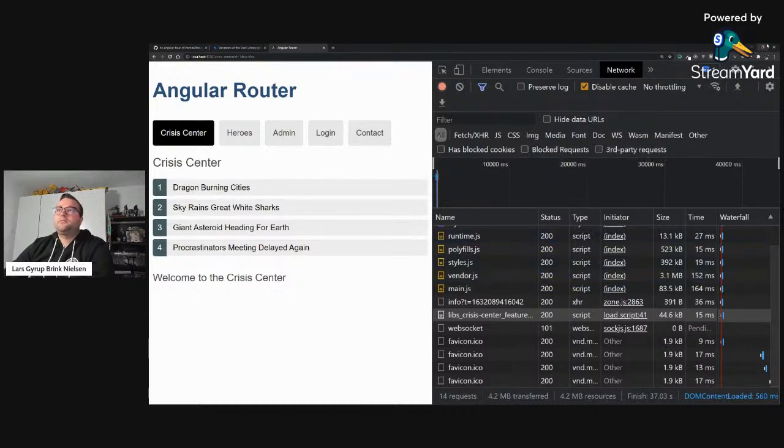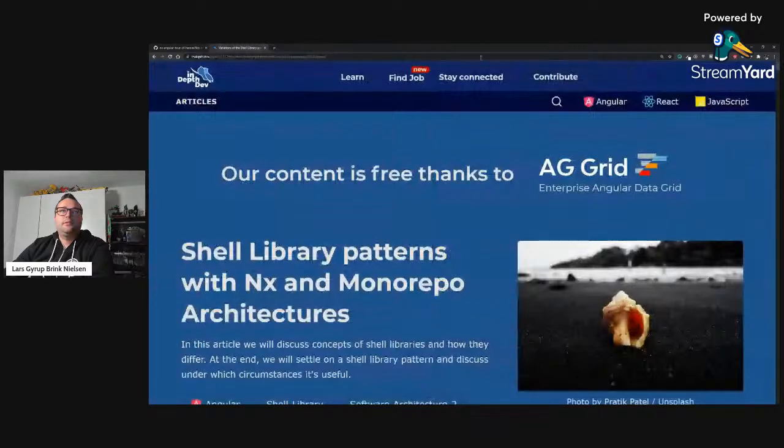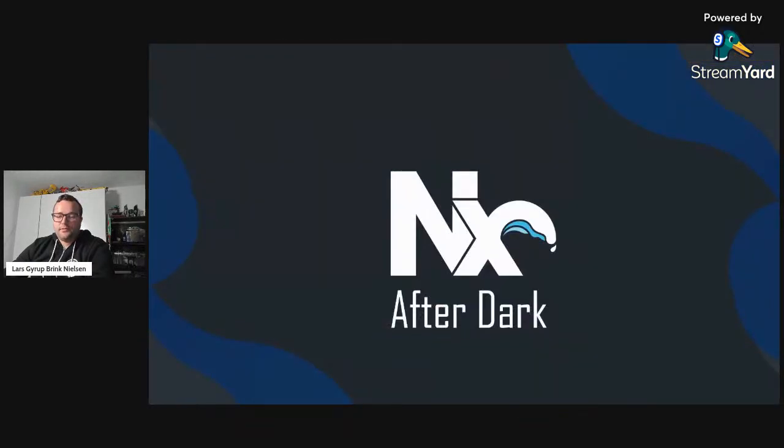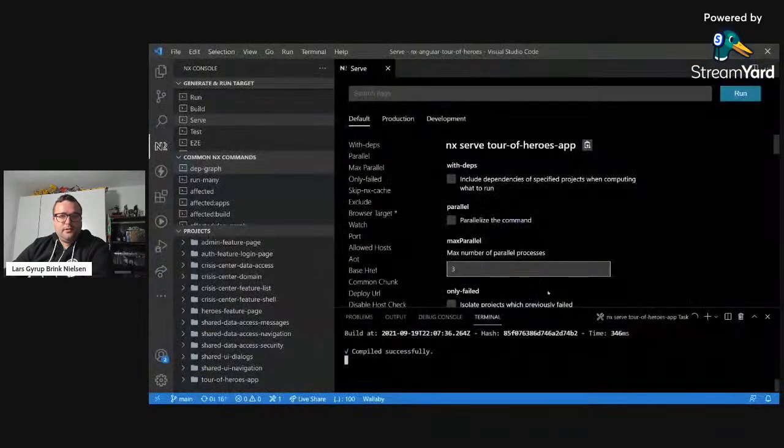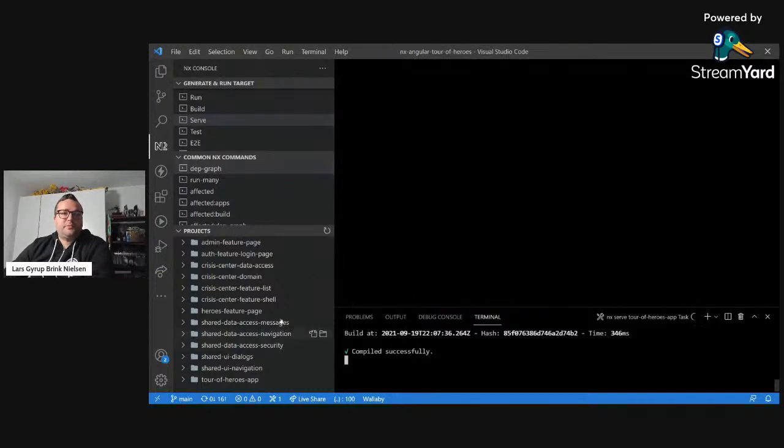That is because of what we discussed. These imports, they're not lazy loaded, either one of the routes inside of the domain. That's something we could change and optimize. So now we have this many projects inside of our workspace. It's starting to look like something. But remember, this was just extracting all the domains, the shared services, and so on, and trying to structure just one domain here, the Crisis Center domain,